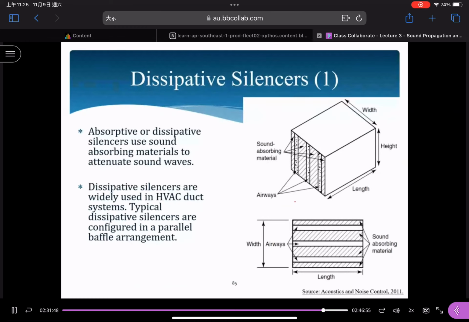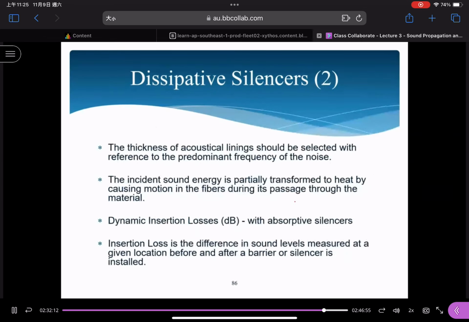This is a typical example. We use it as a silencer. When you refer to these figures, you can see that there are some absorbing materials. You can allow airflow to pass through this device, and because of the presence of these sound absorbing materials, you can absorb sound. The second one is